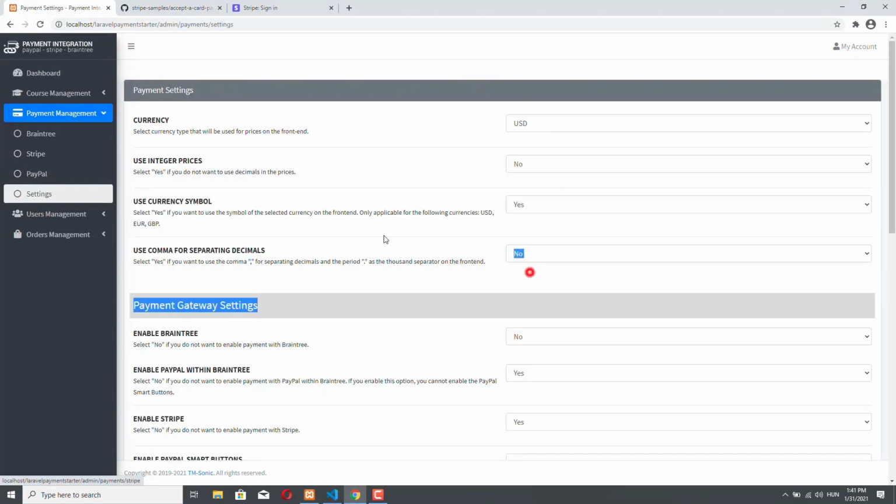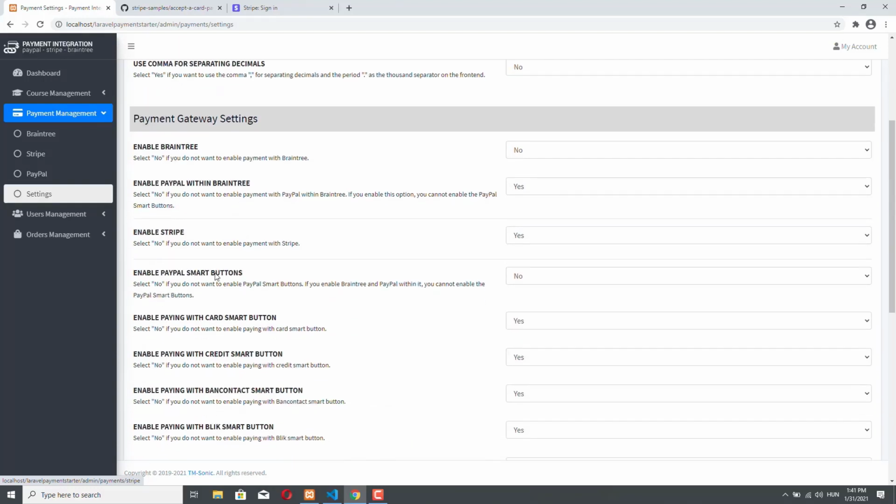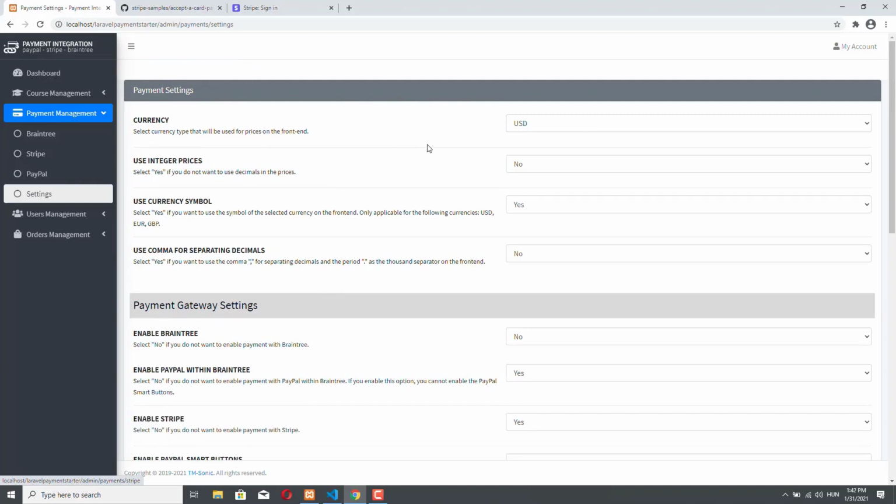As you can see, there are two sections basically. The payment settings, where we can customize our checkout, and the payment gateway settings, where we can enable or disable Stripe. And of course, we can do the same for Braintree and the PayPal Smart Buttons. However, for now, only this field is important because this is the Stripe integration section of the course. So let's scroll up. You can select a currency, and if you checked the Braintree section of the course, then